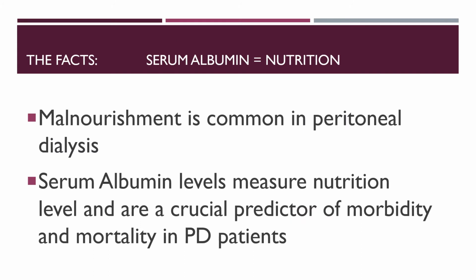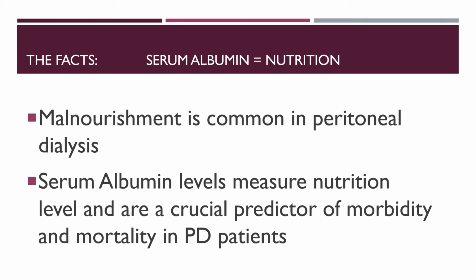The facts. Malnourishment is an extremely common problem in peritoneal dialysis, occurring in 30 to 50% of patients. Malnutrition is measured by serum albumin levels. These levels are a crucial predictor of morbidity and mortality in PD patients. About 2/3 of PD patients experience hypoalbuminemia. In fact, one study from the US found that 63% of PD patients were in a state of malnutrition with